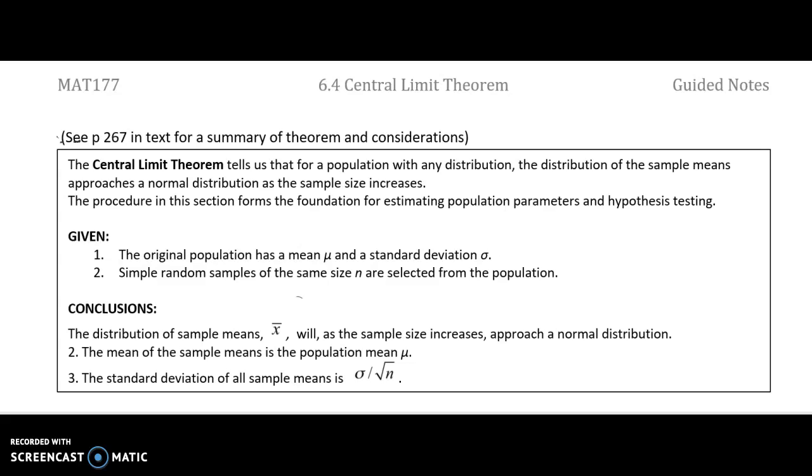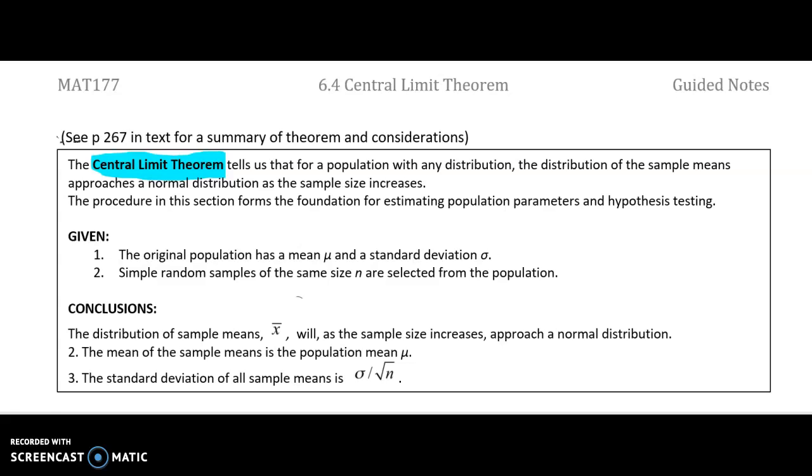So the central limit theorem tells us that for a population with any distribution, the distribution of sample means approaches a normal distribution as the size increases. So think about section 6.3 where we were exploring this idea with taking the mean of sample means and seeing how they compared to our population mean. We have a procedure in this section that forms the foundation for estimating population parameters and for hypothesis testing, which